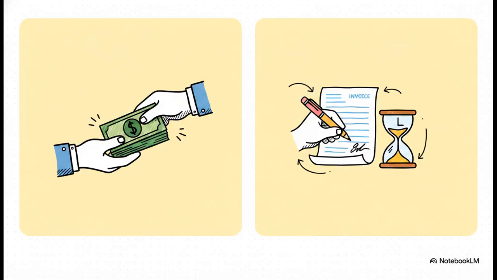Okay, but how do you actually calculate the numbers that fall into those buckets? Well, Chapter 5 demystifies the financial jargon by laying out the acceptable methods of accounting. It contrasts cash basis accounting, which basically means recording revenue and expenses only when money actually changes hands, against accrual basis accounting. That's when you record them when they're earned or incurred, regardless of when the cash actually hits your bank account. By explicitly defining these rules, the Act ensures standardization and fairness across the board. So the key takeaway here is that the rules of the game are locked in before anyone even starts calculating.